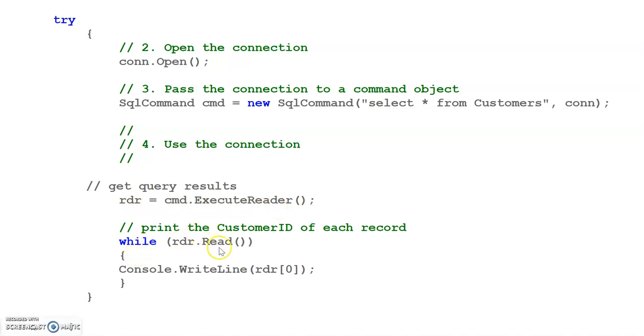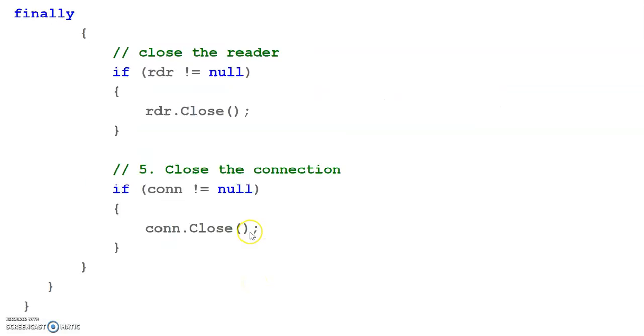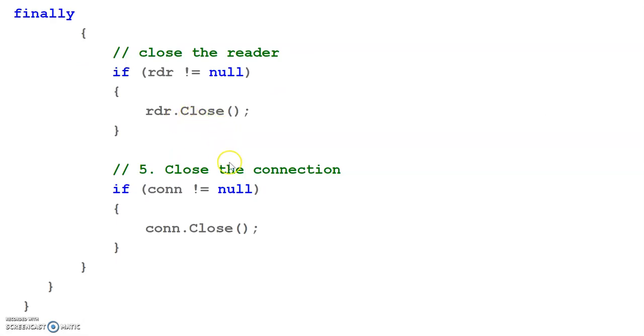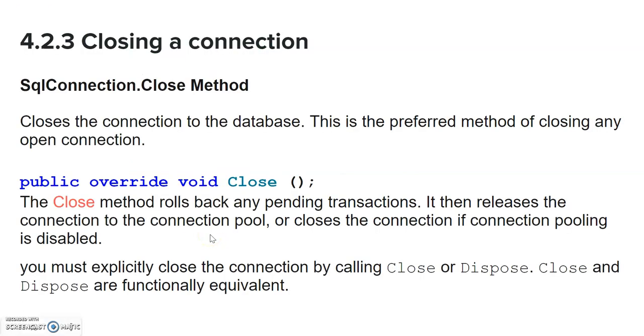Now while rdr.Read is true, having some data, it will be returned to the console. So this is a console program, a C# program. It will write line, the content which is present within that customers table. Then finally at the end we have to close the connection, rdr.Close in the finally statement. It is a standard way that we should write it in the finally and close the connection. If con is not equal to null, then con.Close is used for closing the connection.